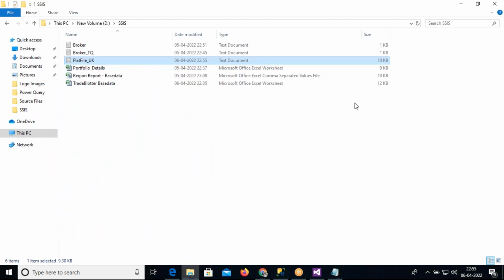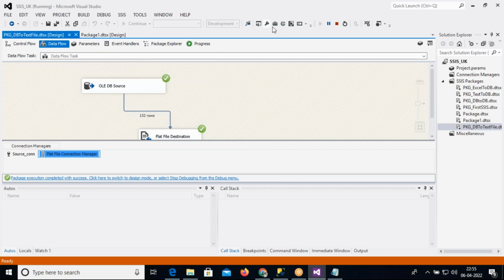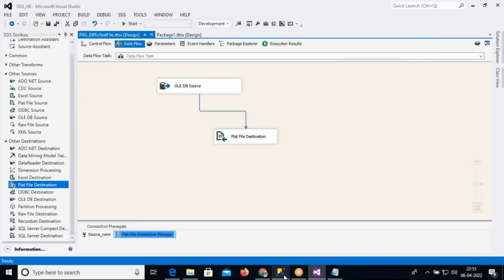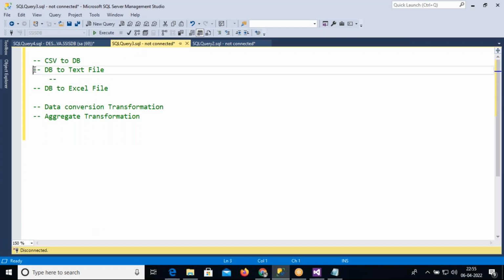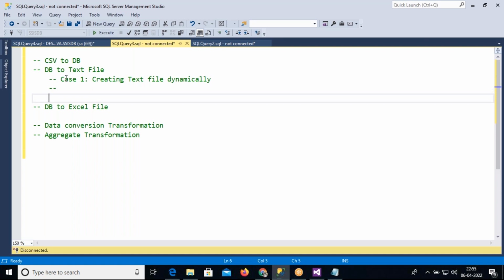Okay, fine. Moving to the next point. If you don't have any questions on program to SQL, we completed DB2 text file. But in DB2 text file, we discussed two different cases. First, case one: creating a text file dynamically. Second case: loading data to